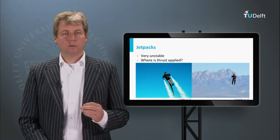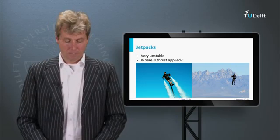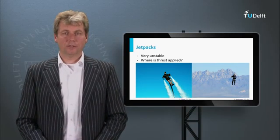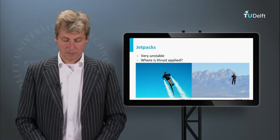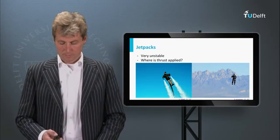But the jetpack looks different from what you will normally see in comics or in video games. And that is because there's an inherent stability problem with the jetpack. And let's have a look at the equilibrium of moments of a jetpack. Imagine we have a jetpack and we have somebody attached to it. Well, this jetpack will be quite heavy, so the center of gravity of the total configuration will be probably somewhere